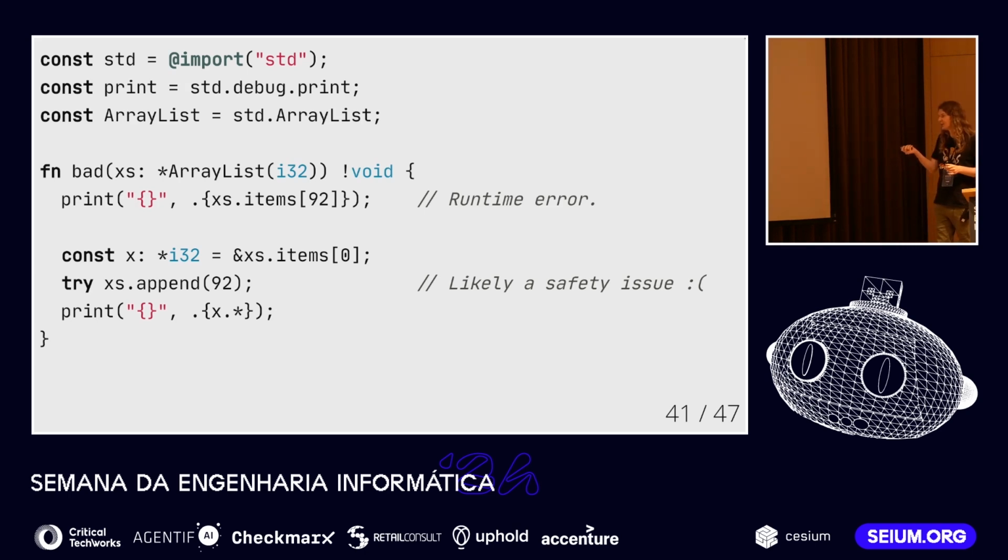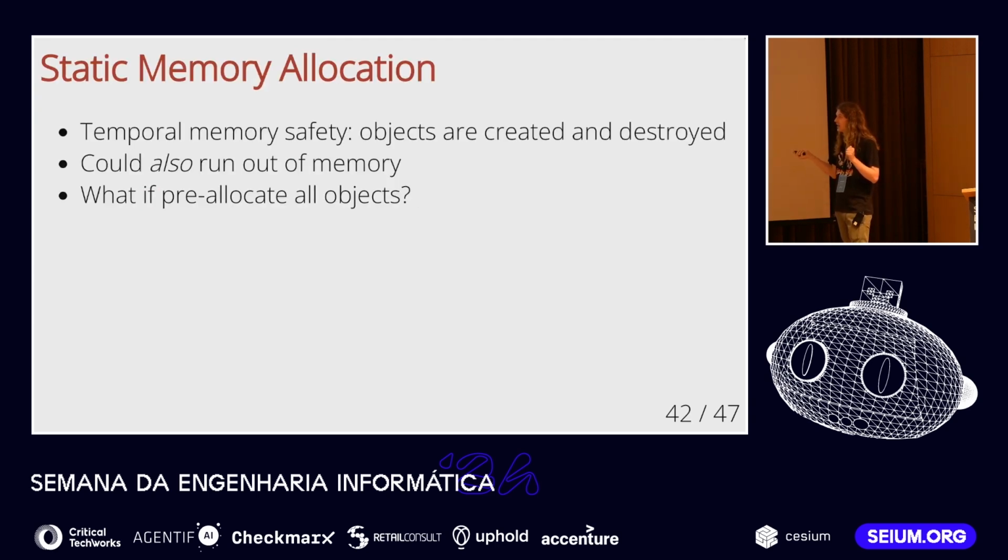For temporal memory safety, the situation is, yeah, not really. So if you use some kind of general purpose allocator in Zeek which has extra safety checks, you might have a crash here instead of outright undefined behavior, but in general, you need to look out. So Zeek doesn't really solve temporal memory safety. OK, but the fact that temporal memory safety isn't solved by your language doesn't mean that you couldn't solve it in some other way.